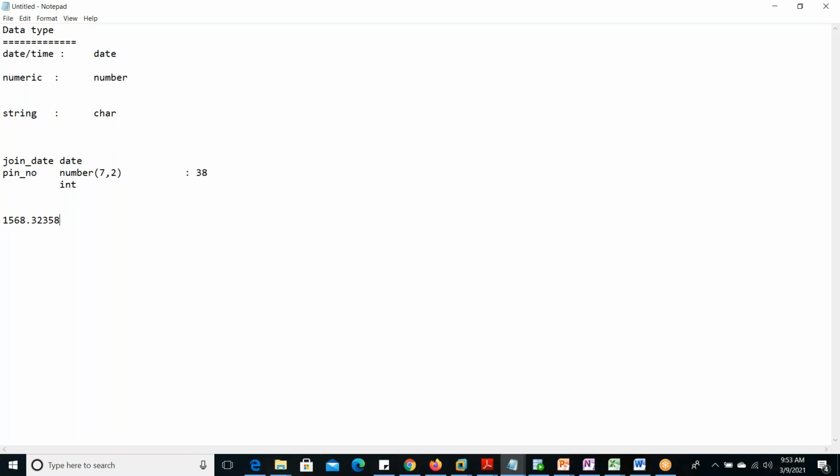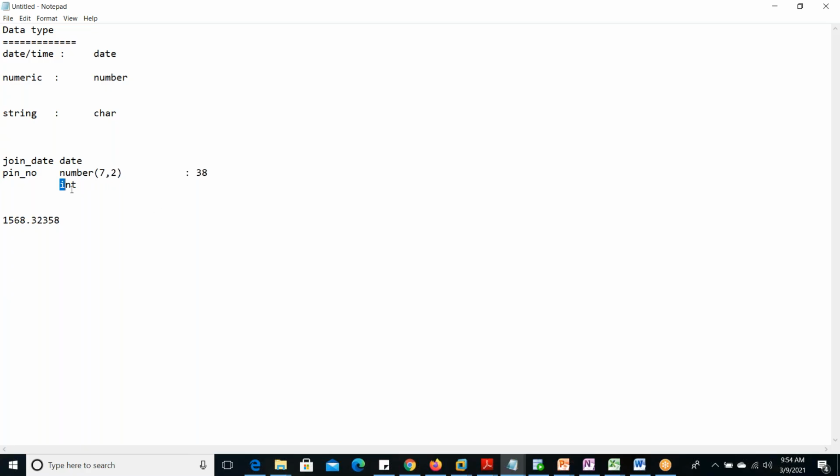If any more digits are given, then it will take the total value. So here you have to do a lot of exercises, then only it will be clear. 7,2 you can give and see how many digits you can enter and what is happening. 5,2 you can give, 10 digits you can enter. Only 5 you have given, so see what decimal value you can enter. Then give decimal value 0 and enter 1 decimal value. Give 1 and enter 3 decimal values. What is happening? You have to play with all those. Then only it will be clear. Theoretically it will not be clear. So this is the concept. Whenever we start practicals, 1 or 2 we will do in the session. The rest of the things you can play with as your home task.